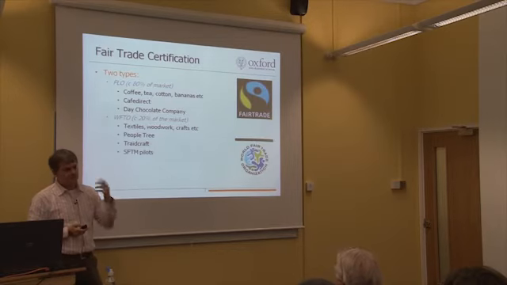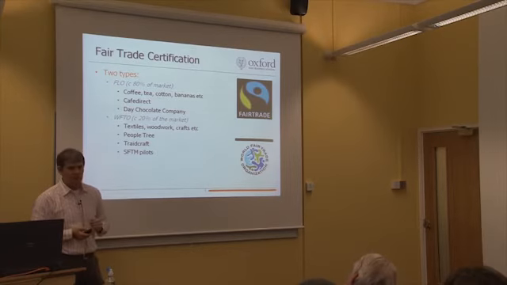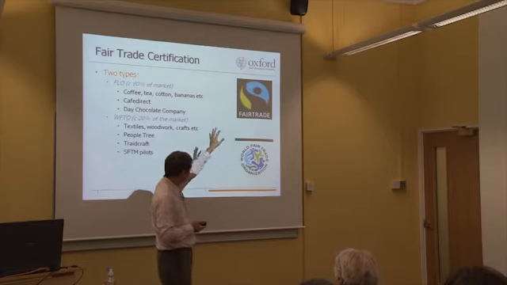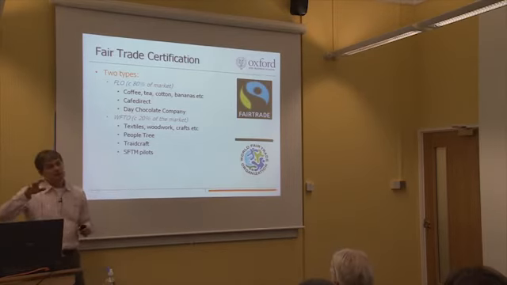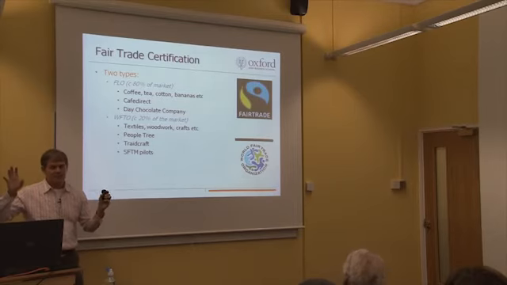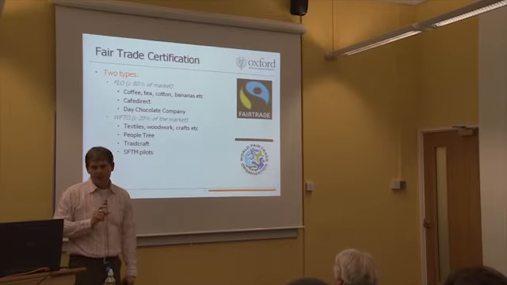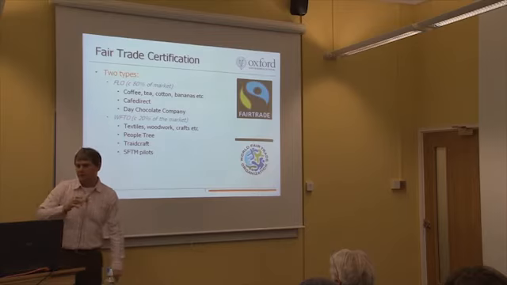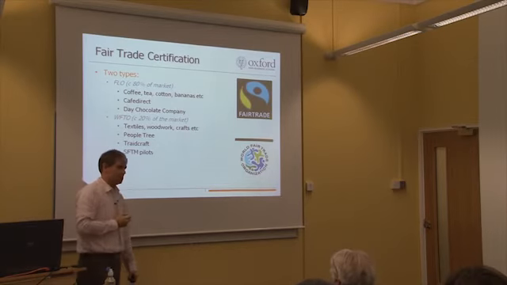So here's just the basic facts. Essentially, there are two wings to the fair trade movement, as I just mentioned. There's the certified label that we know so well up there, which is under the Fair Trade Labeling Organizations International, shortened to FLO. I'll say a bit more about them in a moment. And that's the stuff you know from the supermarkets, the coffee, the tea, the cotton, bananas, and so on, and organizations like Cafe Direct and the Day Chocolate Company.